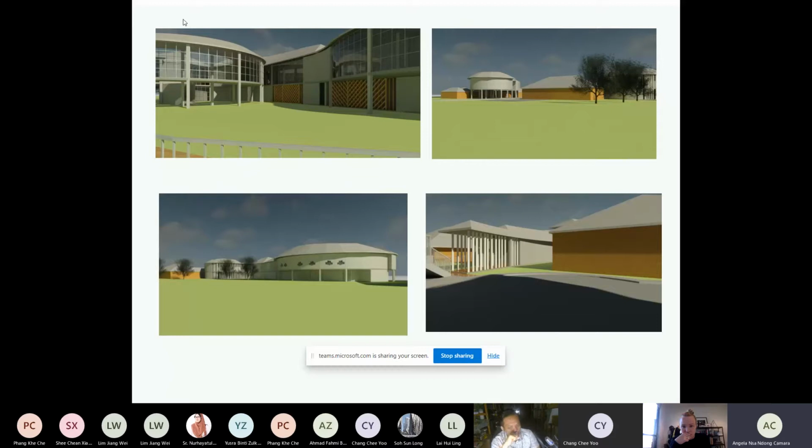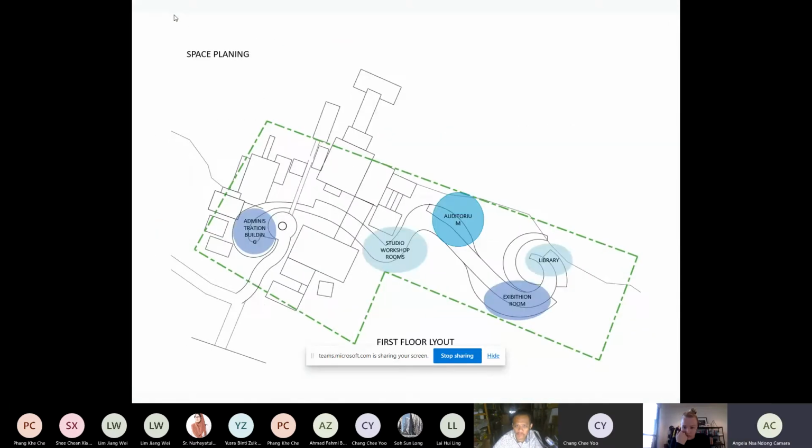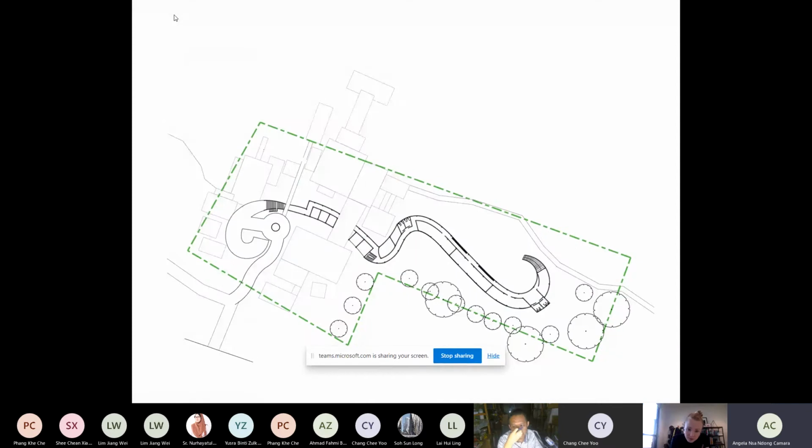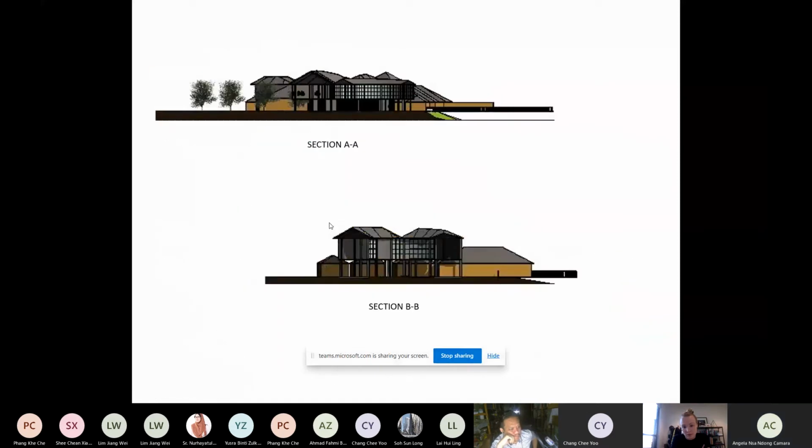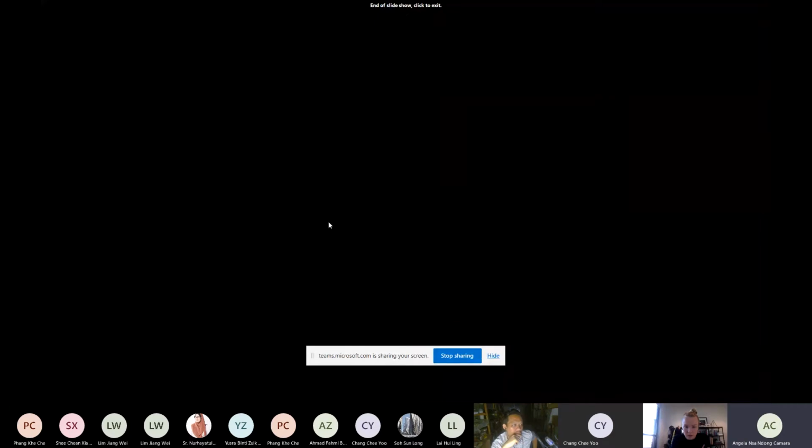And for the fourth image, I try to show how the cultural center is integrated with the existing buildings. Here is where I try to integrate the existing buildings into the cultural center. So that's all from me.